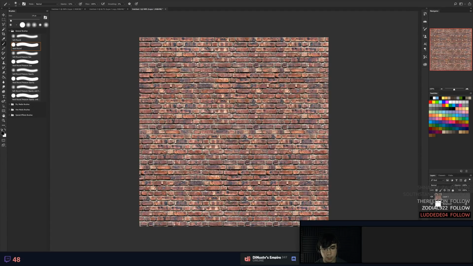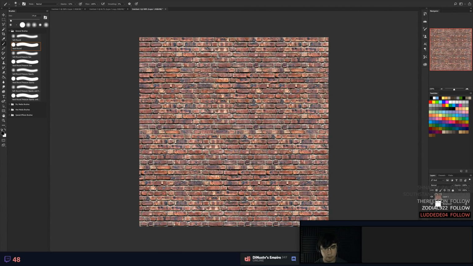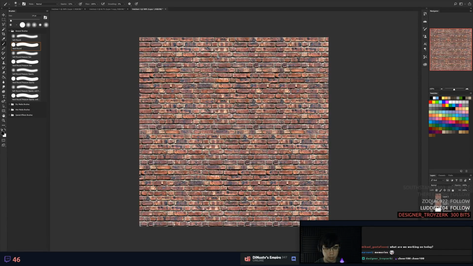If you try to tile it that way and offset it, it's going to offset poorly. So what you actually have to do is copy this, paste it, and then offset it. So let's kill this, make the background. One trick I knew was, if you eyedrop a color here,